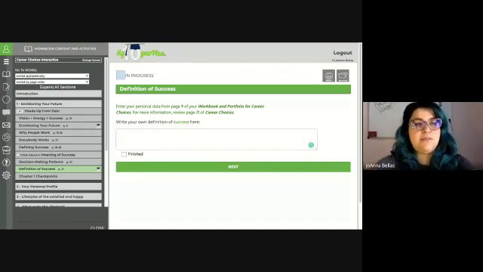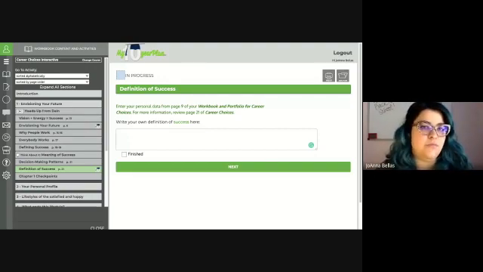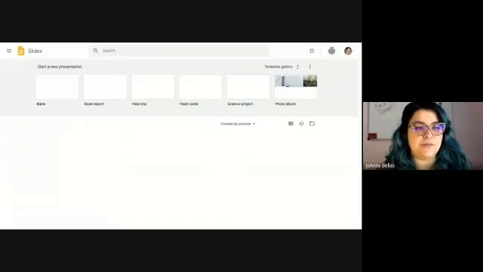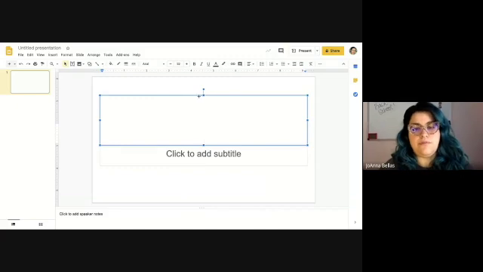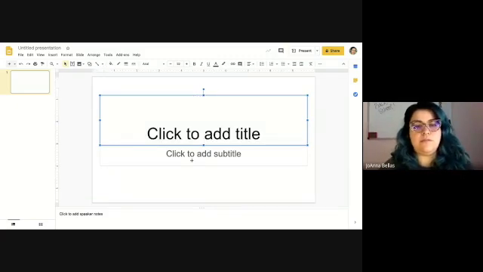I'm going to open up a slide. I just like to do posters and things like that in slides. I feel like it's easier and more friendly, but it's personal preference, so it's up to you. So I'm going to open up a new blank slide. Let me get rid of this box. I'm going to use the second box, the subtitle.